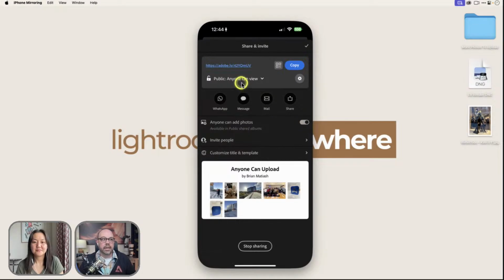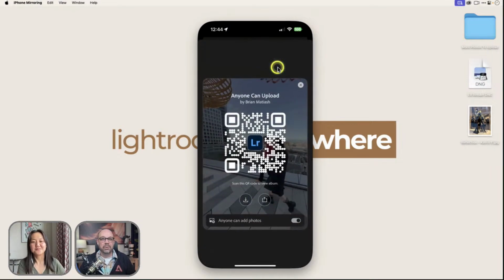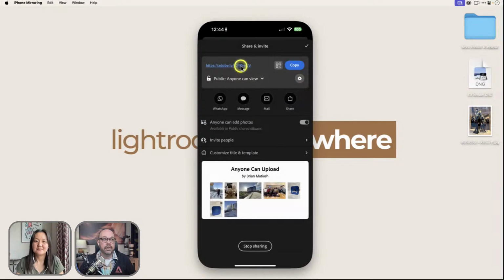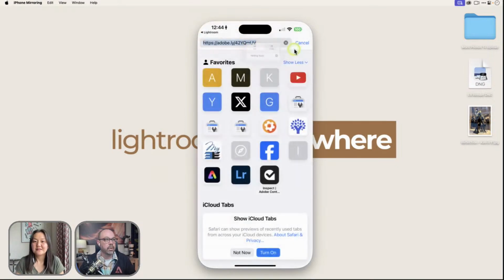So by having this kind of public album that I can share one of 2 ways, the first is with a URL, which I'll show you in a second. The other, which I absolutely love, is this QR code icon. When I click it, we generate this awesome looking, like a trading card. And it's got a QR code, which anyone can scan. There's the switch there to turn it on. I could download the QR code as a JPEG, or I can just share it. Point is, I can either show this to someone for them to scan, or I could give them the URL over here. So I'm going to click this really quickly, and I'm going to copy this from here